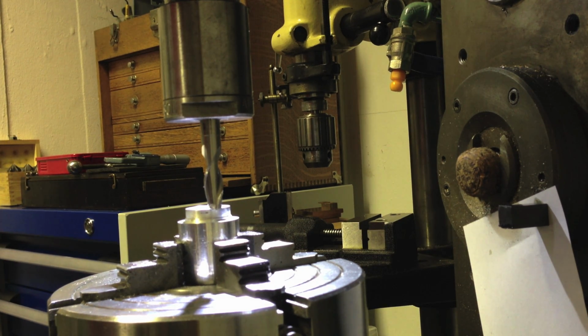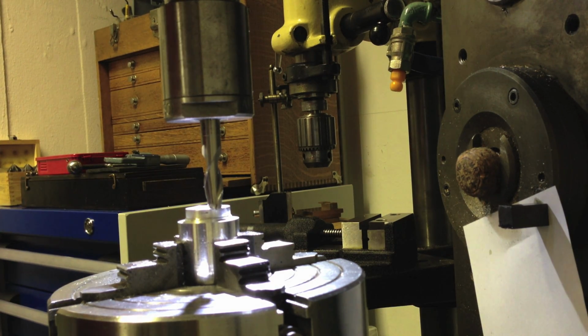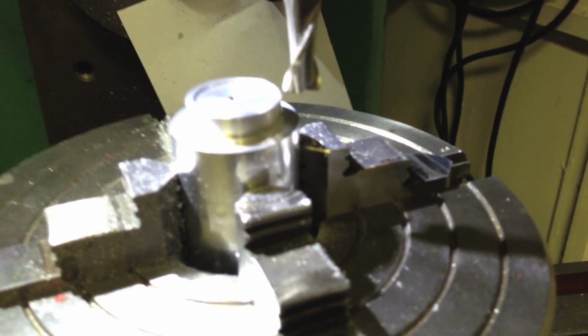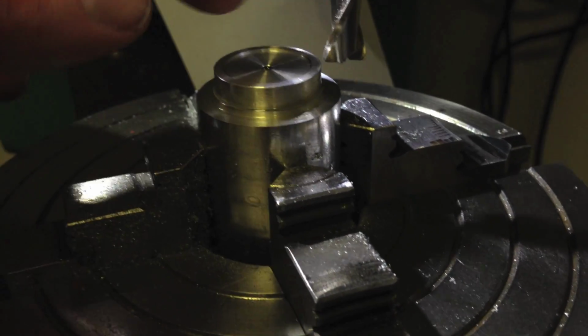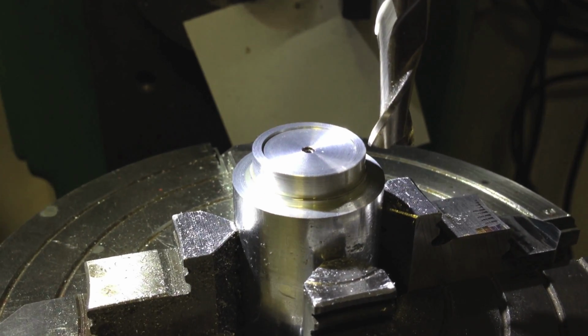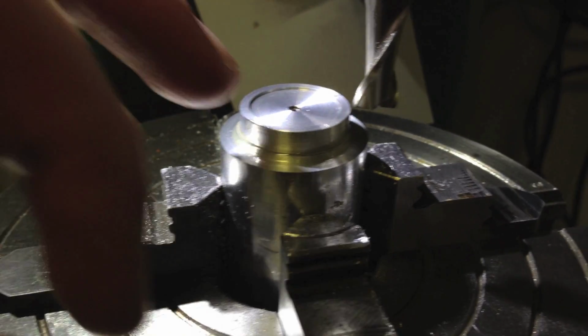I've already turned a little recess that will receive the prism neatly and allow the prism to lie flat on that surface. And there's a little groove, and if I bring the camera around, let's try and adjust the exposure. So you'll see that there's a groove, a little recess, and the prism just sits within that recess. I very carefully turned that so that the prism just drops into that space and will be cemented in later. And so what I'm going to do now is mill a slot